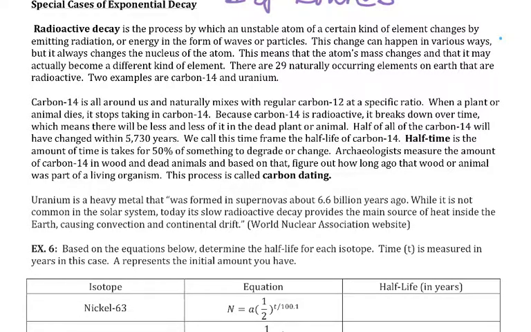Half of all carbon-14s will have changed within 5,730 years. We call that time frame the half-life of carbon-14. So half-life is the amount of time it takes for 50% of something radioactive to degrade or change. Archaeologists measure the amount of carbon-14 in wood and dead animals, and based on that, they can figure out how long that piece of wood or animal